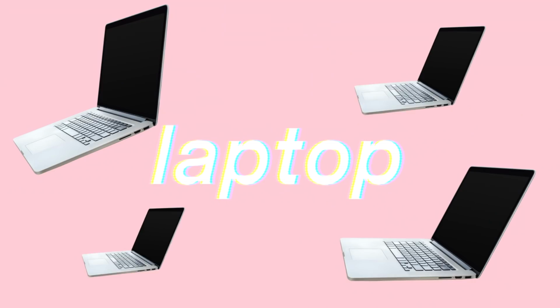So the number one thing is going to be your laptop. It doesn't have to be a MacBook or anything like that, but you definitely are going to need a laptop when you go to college. I know so many people, including myself, who got them my senior year for graduation gifts, because a lot of people and your family members know that in college that is the number one thing you need,